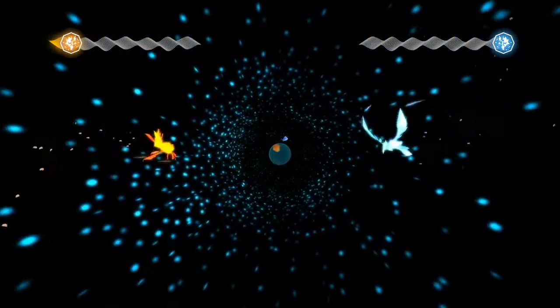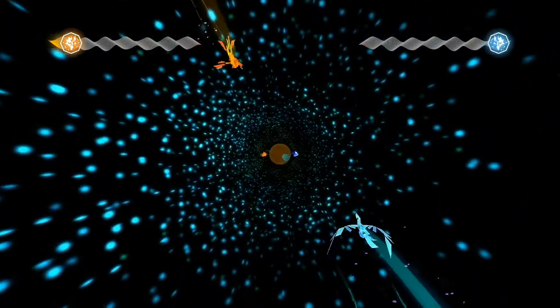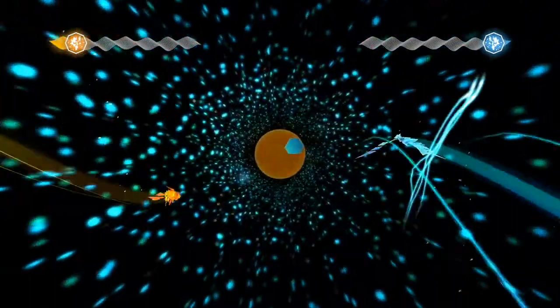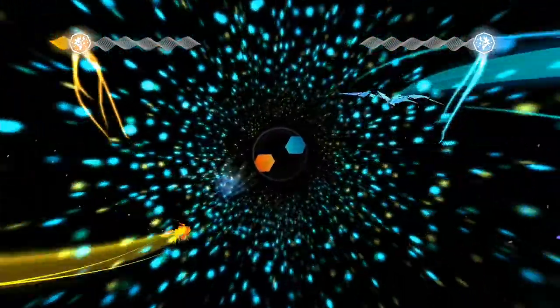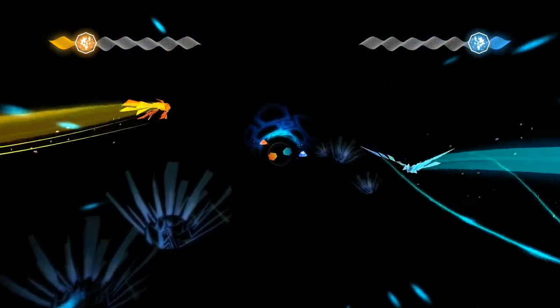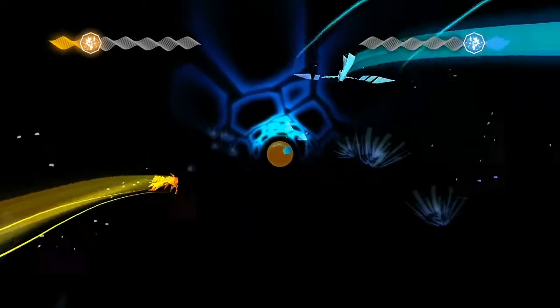And whenever your power meter at the top of the screen gets all the way to the center, you can hit the trigger or the bumper, L1 R1 sort of deal, and that will make them shoot this energy wave off. And the more gates you go through while they're connected like that, the closer they get together. And then once they finally touch, you beat the stage and you get to go to this